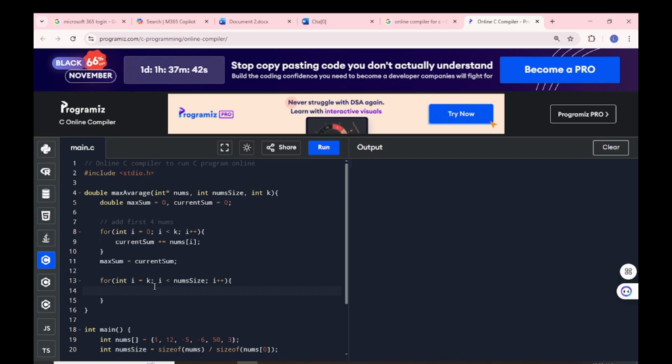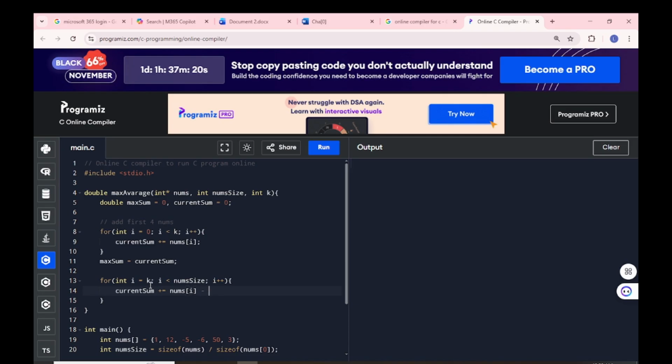So I forgot already. I'm trying to remember again. Okay, I equals k, I less than num size, I plus plus. Now we have to update the current sum plus equals nums